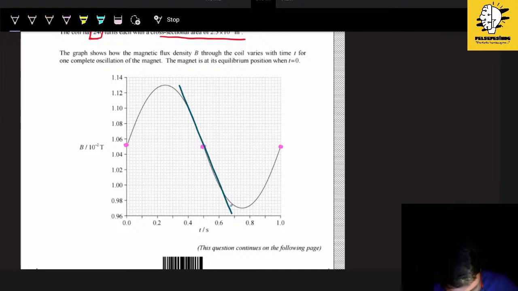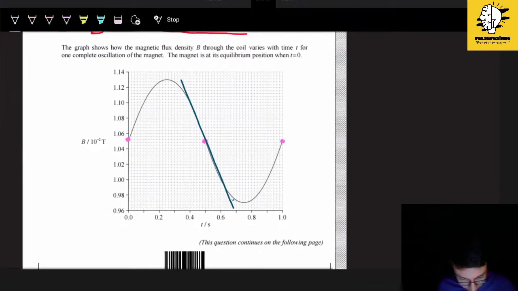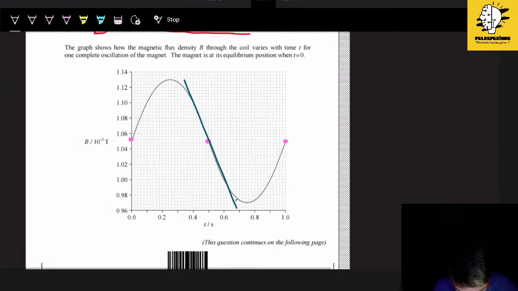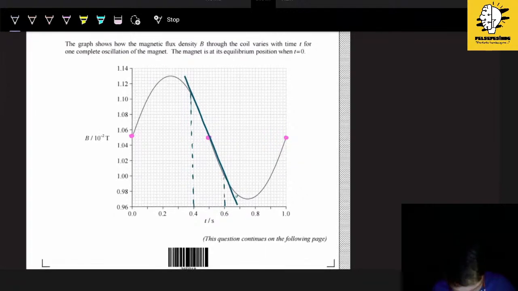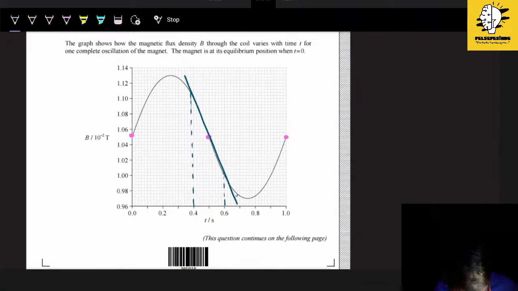Let's calculate the gradient. So one thing that you can do is that, let me go for 0.4. Okay, let's say it's here, and maybe 0.6. It's also over here. So this will correspond to almost 1.00, and this point will correspond to almost